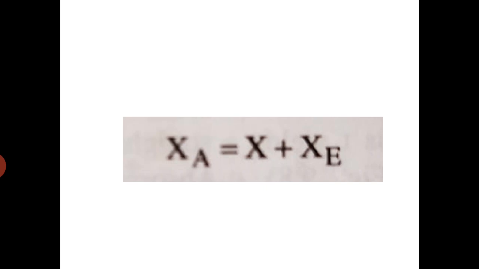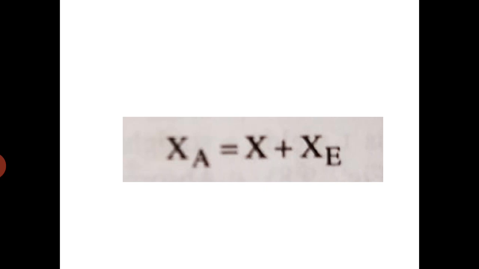Suppose in the morning at 10 o'clock you are administered 100 mg of drug, and at 11 o'clock you are calculating the amount of drug absorbed. So what does it mean? From 10 o'clock to 11 o'clock some quantity of drug is absorbed into your systemic circulation. At the same time, some quantity of drug might be eliminated from the body in this 1 hour duration. So at 11 o'clock, if you want to calculate the amount of drug absorbed from 10 to 11,